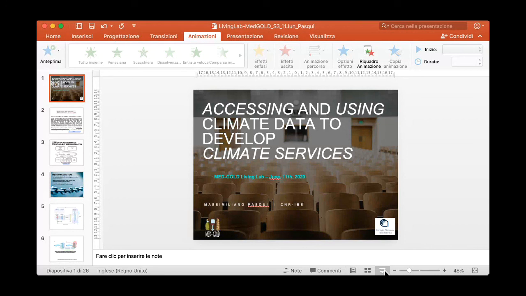This presentation is essentially a guided tour on a list of potential sources of information regarding what is needed to build up a climate service. Let me start from a very effective piece of